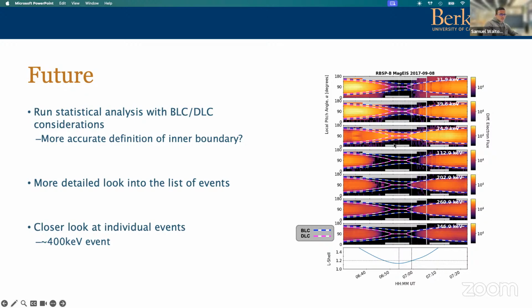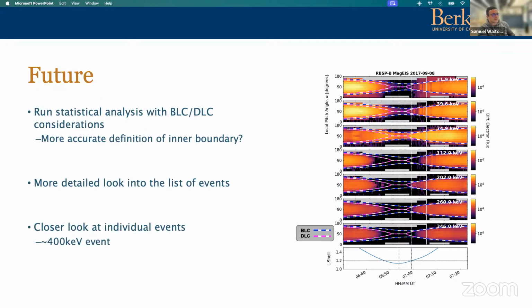And you can see here in this event that in the 74.9 keV channel, even though the drift loss cone is 90 degrees, in other words, every particle that goes down there should be lost to the atmosphere within a few hours, we're observing a strong signature of these electrons there. And the same goes for the other plots for the higher energies that I've been talking about. So whether we can do our statistics, if there's enough data, based on whether particles are inside or outside the drift loss cone or the bounce loss cone would give us an idea of what happens.